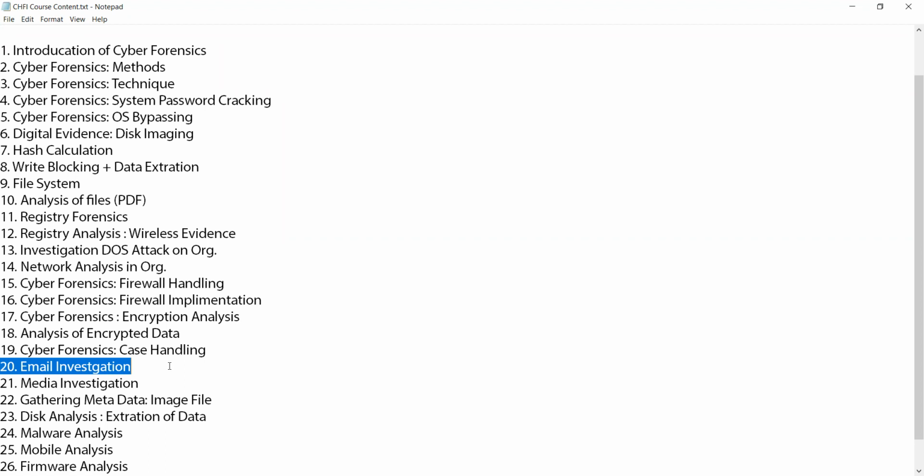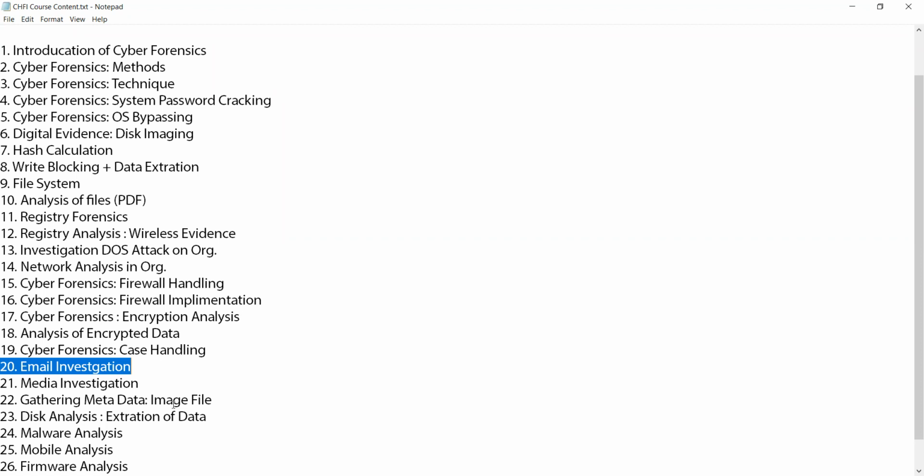criminal is basically using email communication for some types of attacks, as well as suppose that the cyber criminal is doing an activity like kidnapping. So in that case, if the person is using email communication, we can easily track that particular attacker with the use of email investigation. So we will see how email investigations actually work, and we'll see those things as a practical